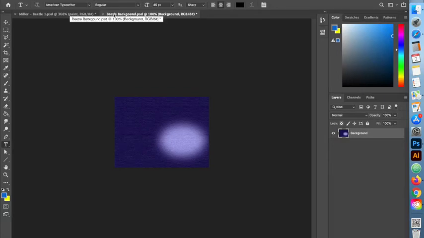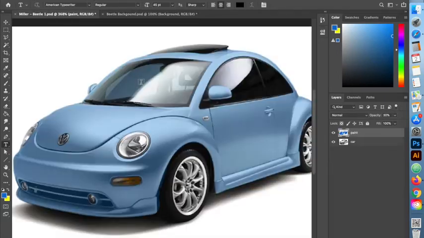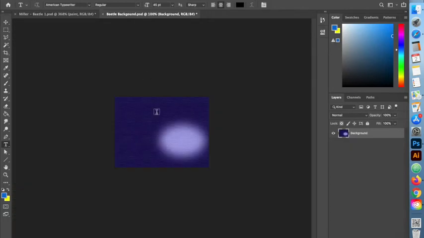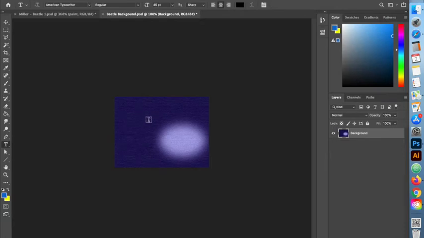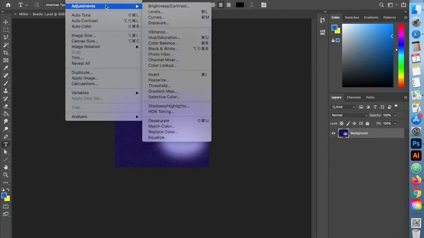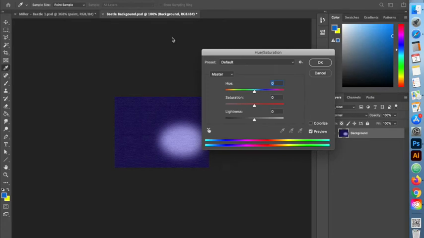Okay, so I opened up my Beetle background, and here is my Beetle, the car. And with this, you'll notice that my purply blue color here doesn't really match very well to this light shade of blue that I have going on here. So what we can do with this is go up to Image, Adjustments, and the Hue Saturation. And that is right there. When I click on it,